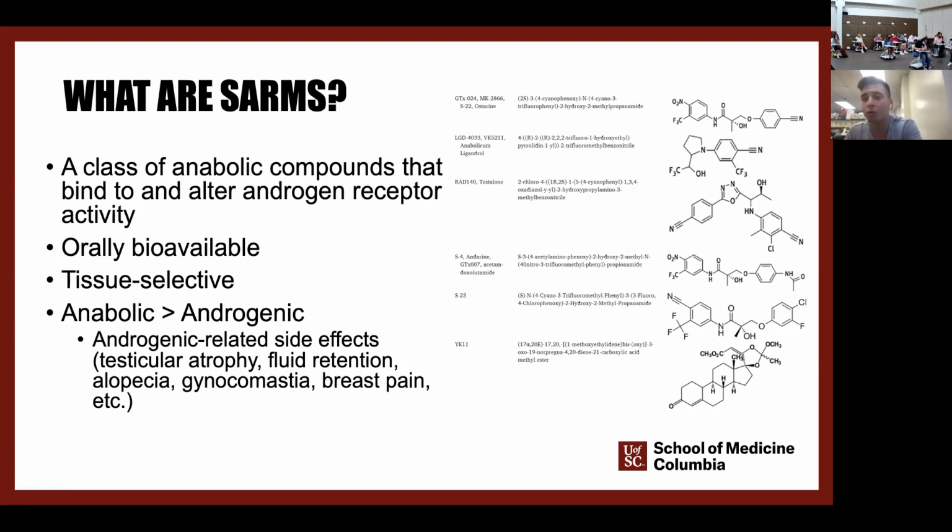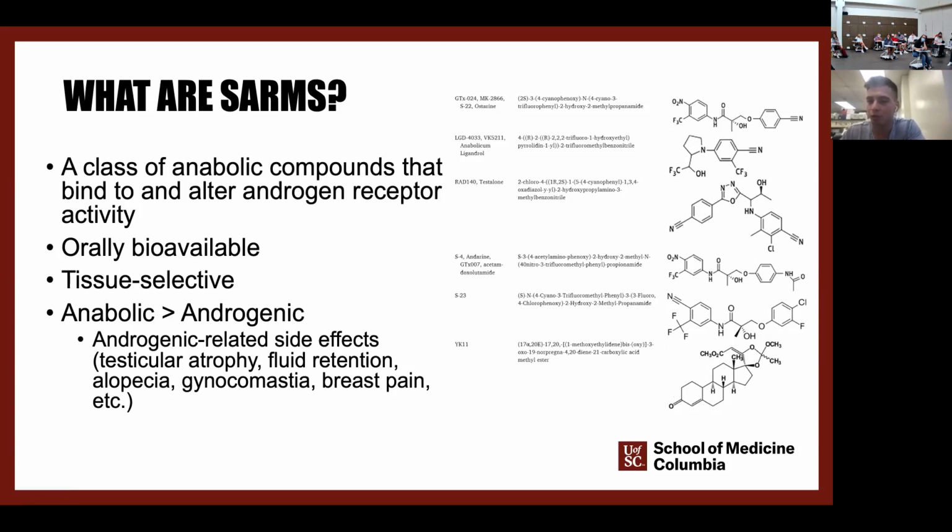We also have steroidal-based SARMs, which you could imagine would be most identical to a steroid-based molecule like testosterone. So hopefully you guys have a little bit of that endocrinology background here. I'm not sure if you guys can answer me here, but out of these compounds over here, can anybody recognize the steroid-based SARM? Andrew said the bottom one. That's correct. So that's YK11.